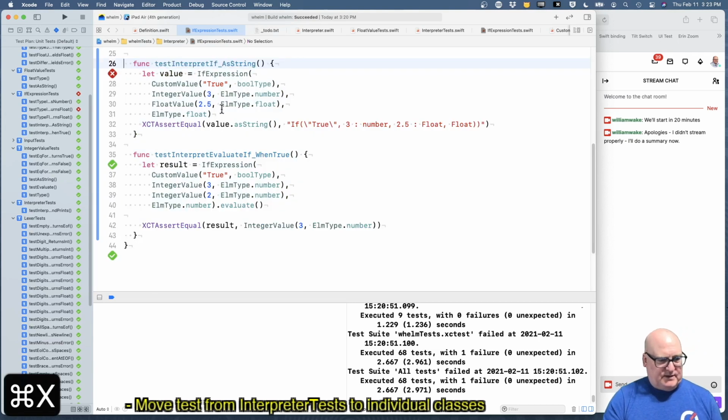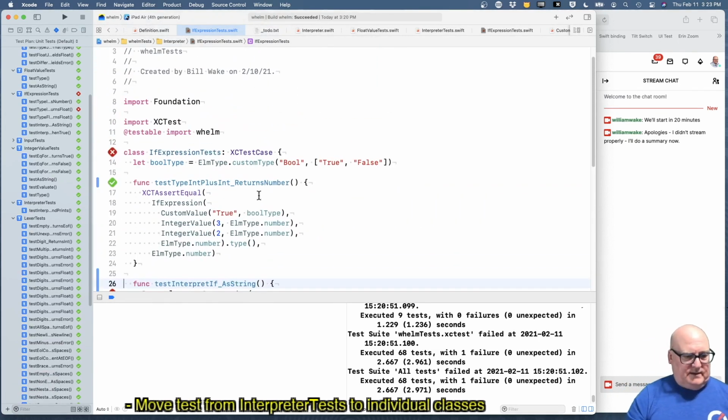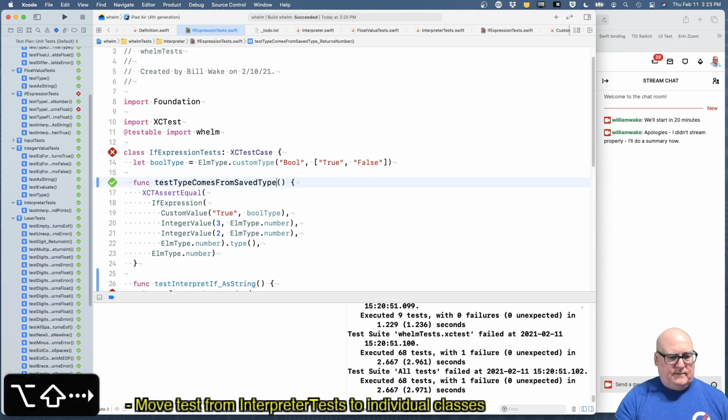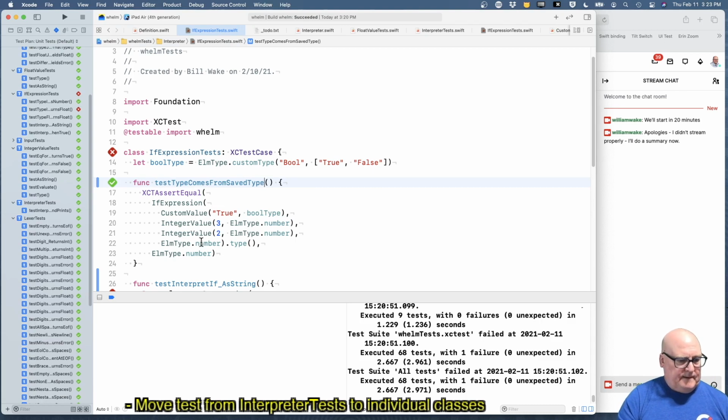Okay, can't be trusted. All right. Type. How about type comes from saved type? All right. So if I did